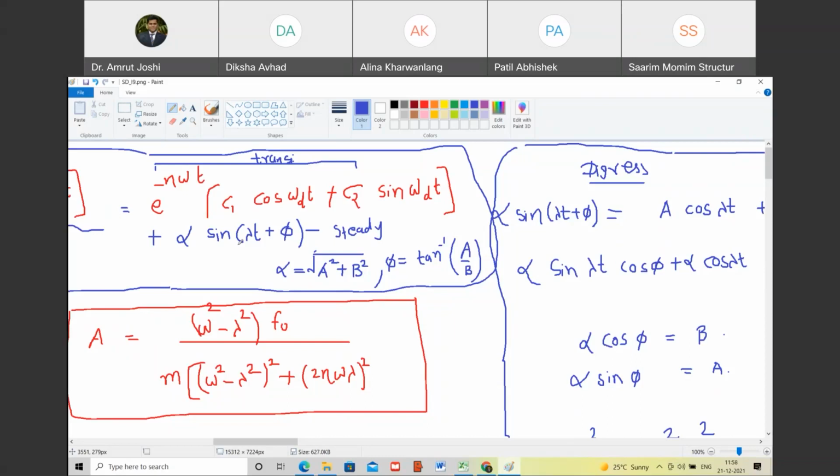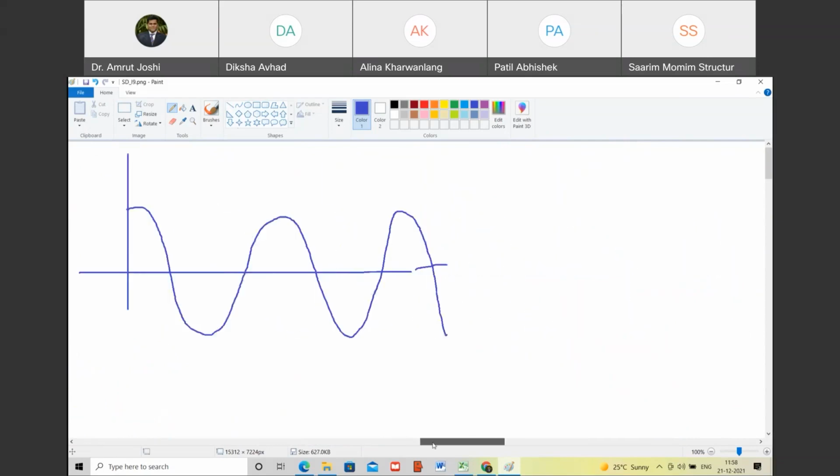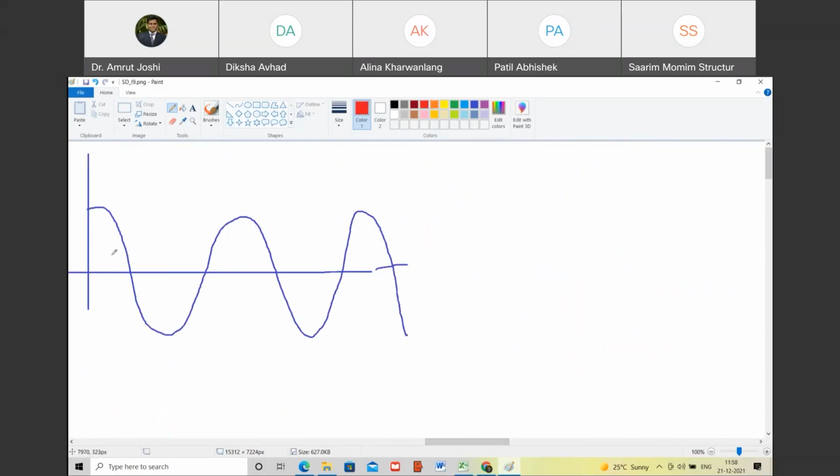Are you with me? We will try to plot it and I will show it in the next example where the difference is prominent. वैसे example solve करके हम plot करेंगे, then it will be more clear. But that's what I mean to say. So if I were to plot it here, if this is the forcing function, ये अगर forcing function है, तो इसी frequency से response होगा, but there will be a shift. Are you with me? तो response कैसे चालू होगा? Response will be something like this. Are you with me? This is called phase shift phi.